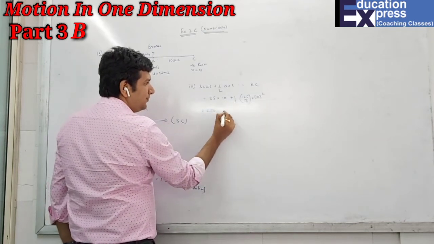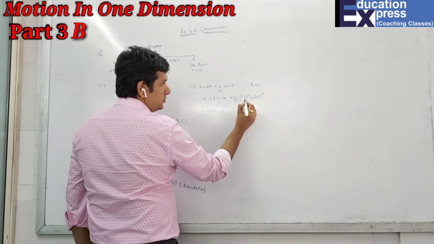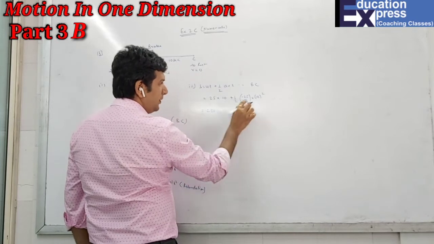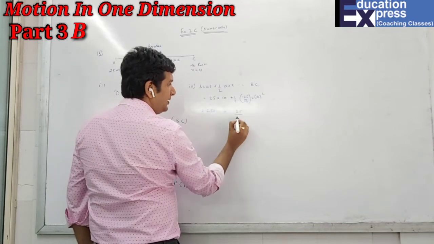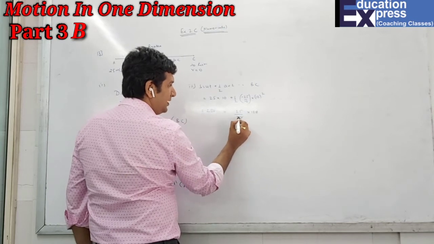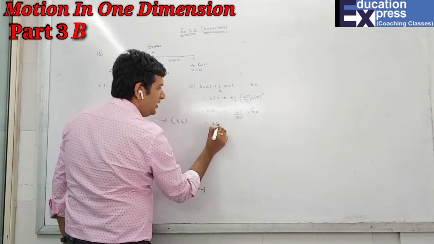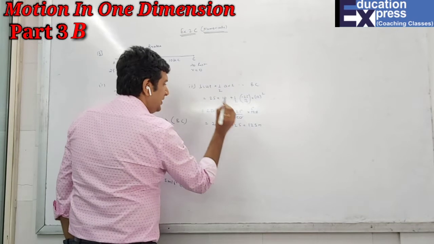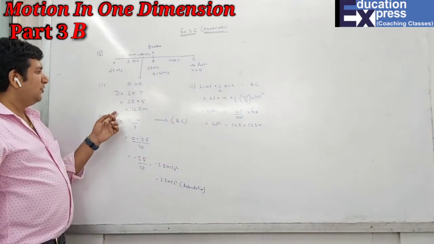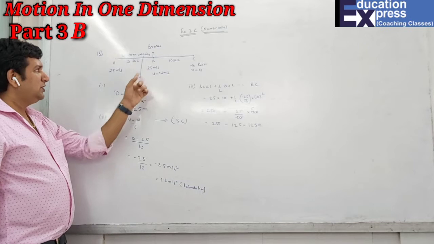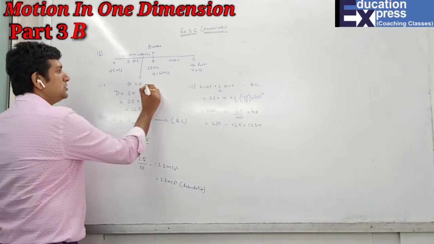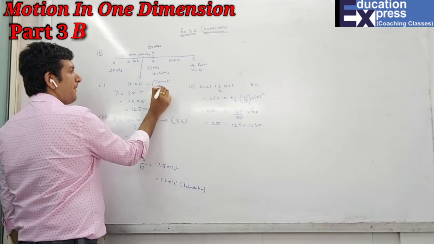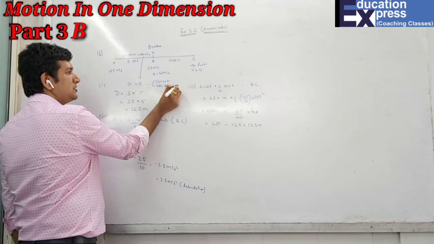So 250 plus minus 25. Plus into minus is minus 25, and 2 into 10 squared is 100. The 0 will get cancelled, 5s are 5s. So 250 minus 125 is 125 meters, which is my 13th sum. So first we found the distance before the brakes were applied. It was uniform velocity, no acceleration. So we cannot use kinematic equations.